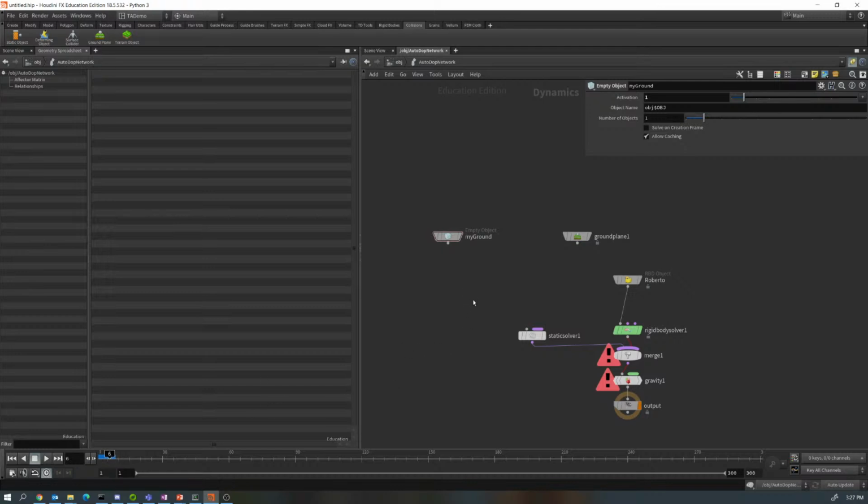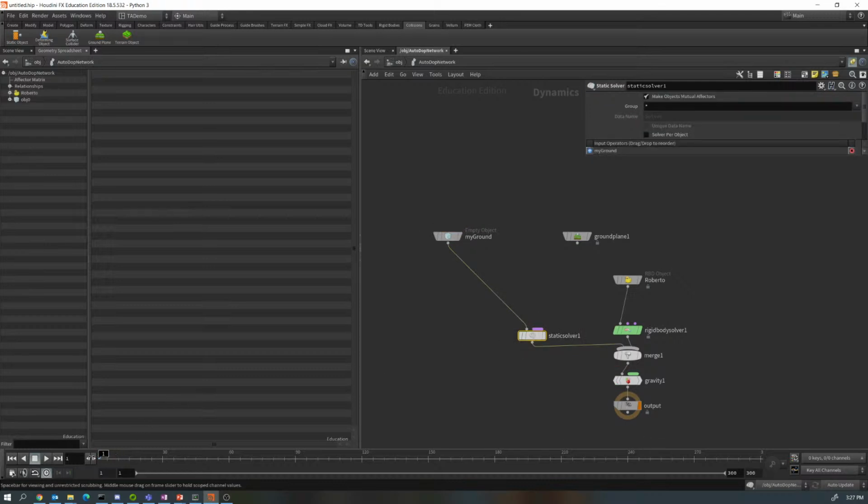Okay, so let's see, I think what we have to do is hook up our ground plane to the static solver. Is that going to get things going? Aha. Okay. Yep. Okay, we move that over here, and we have